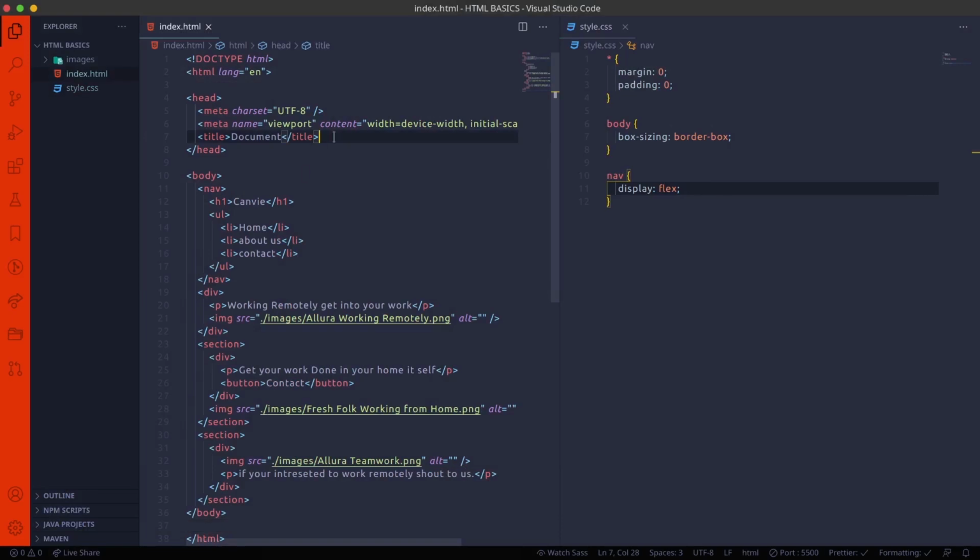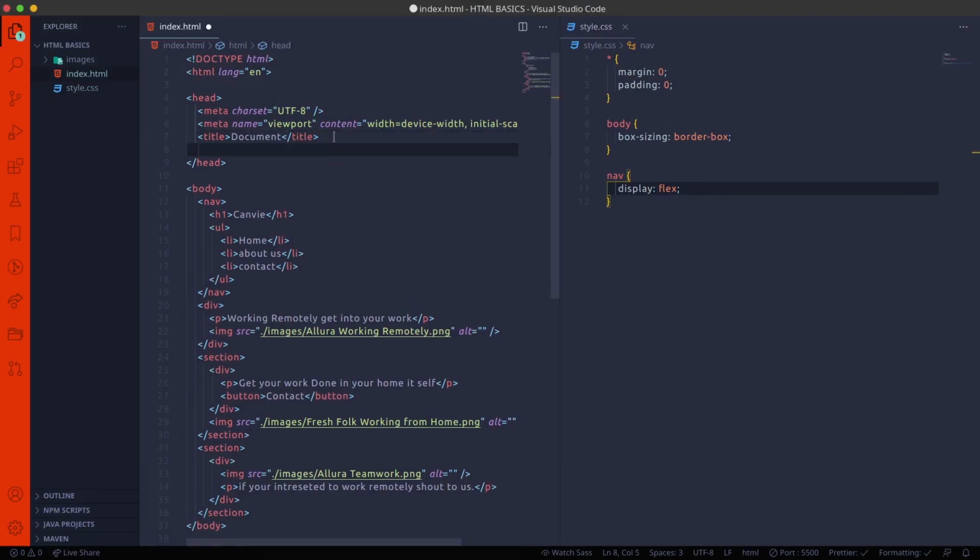Here you can see that there is no change, even though we typed the display property as flex, because we made a mistake. We're not linking the CSS part into our HTML. In order to link that, we have to use the link tag. Basically this link tag makes the connection between our HTML and CSS.